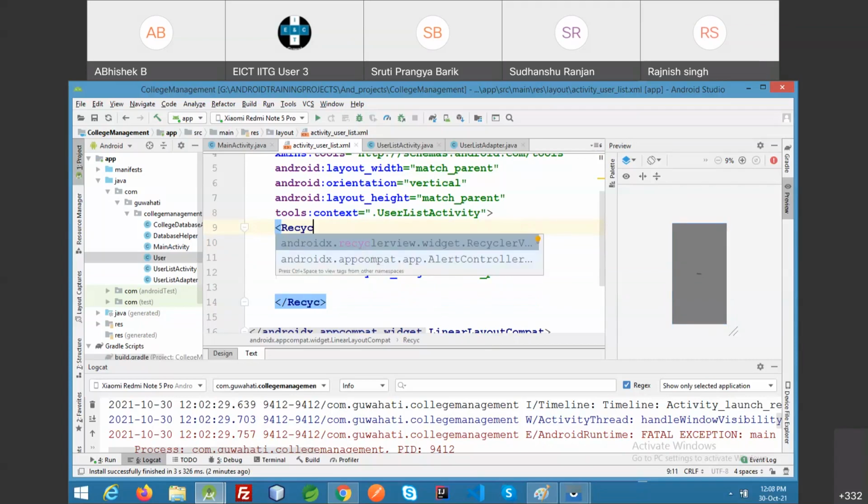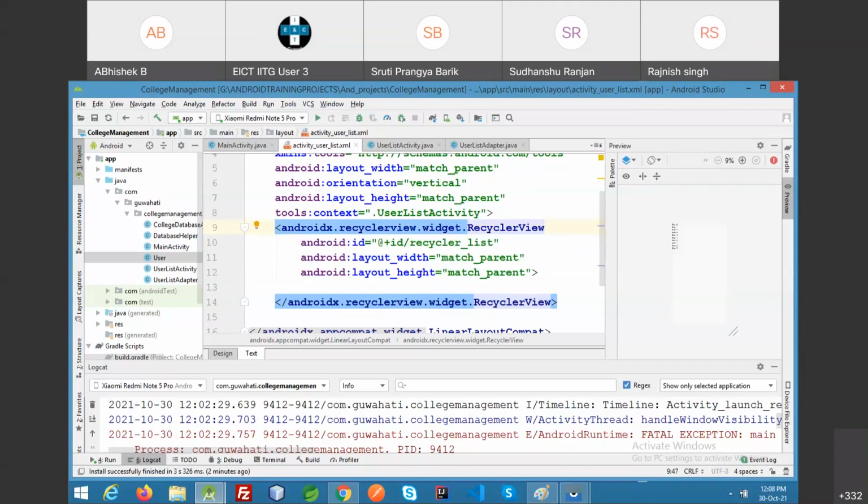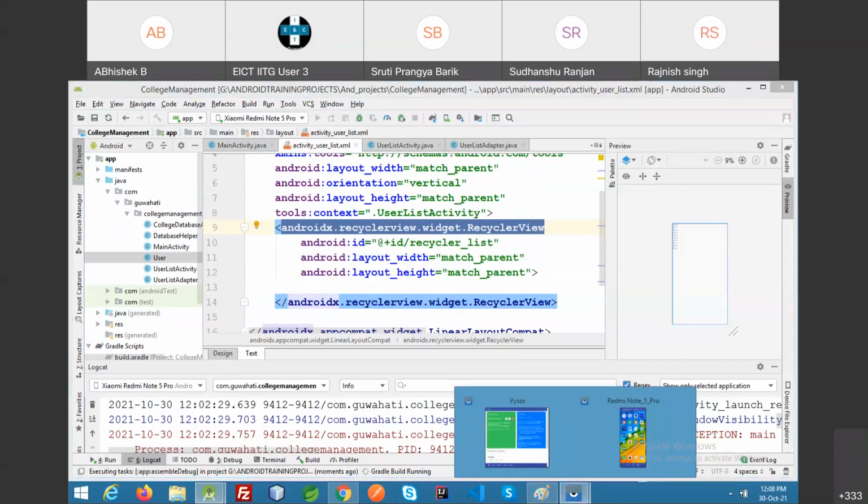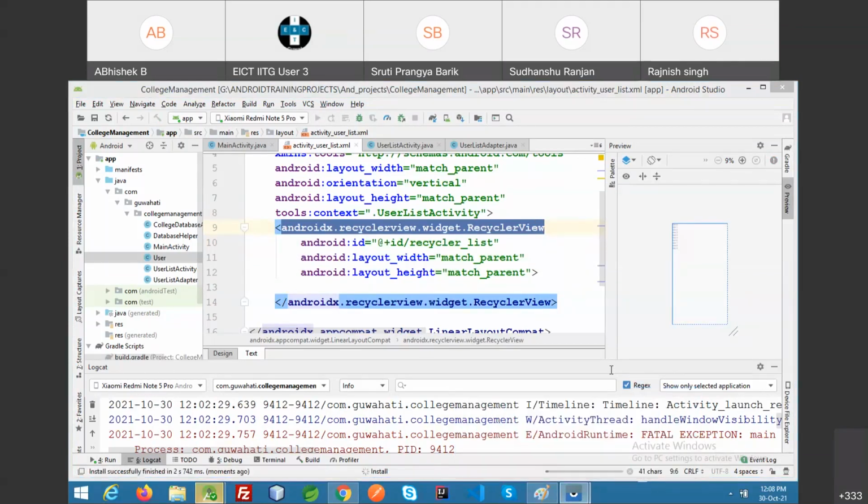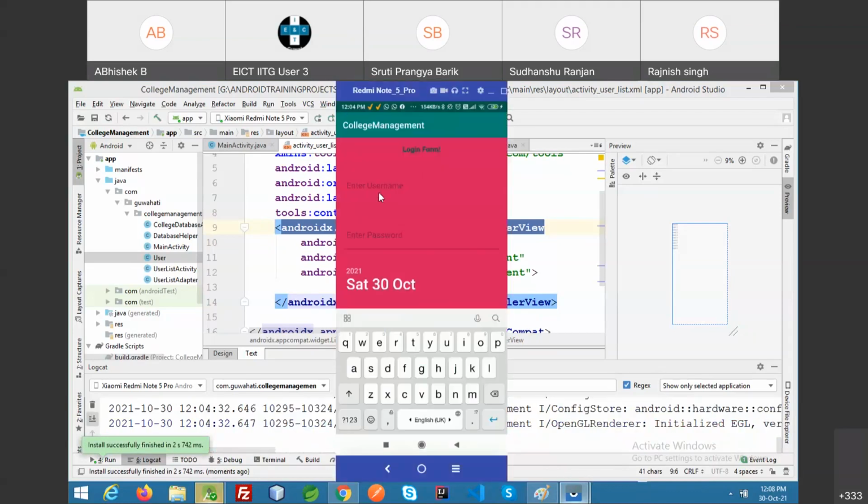Recycler view. Fine. Now you can see this is the recycler view that I have to use. I am pasting it. I am running the application again and I am pasting in the chat. Recycler view was not supported. Correct. This recycler view is the supported one. Now I'm writing @gmail car@123.